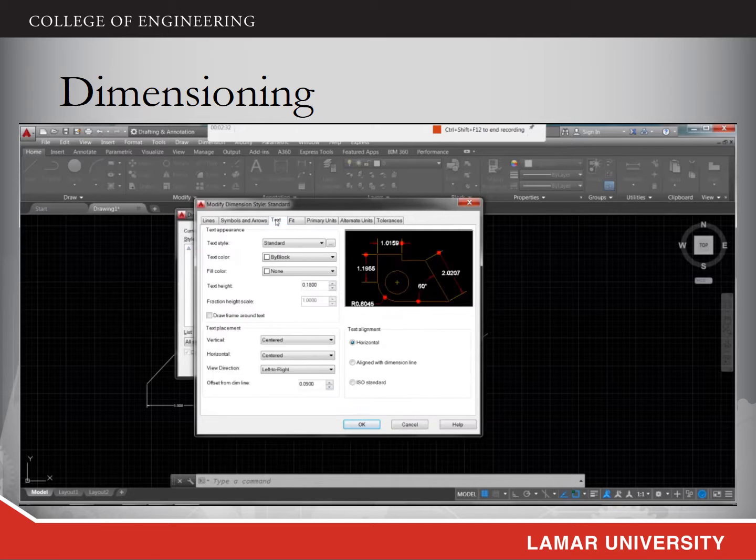The third option is Text, which is very important for us to modify for the current drawing. You can change the text style and text color, and also you can change the fill color. The next thing is the text height, which will be applied for you to define the font size of the text. And in our drawing, we want to make the text larger, so we need to specify a larger value. Say the value is 1 unit. And also, you will have the text placement. You can determine where you want to place the text,